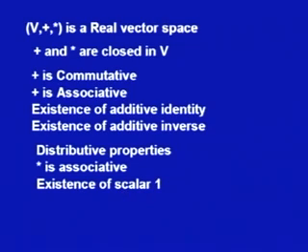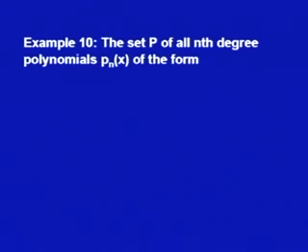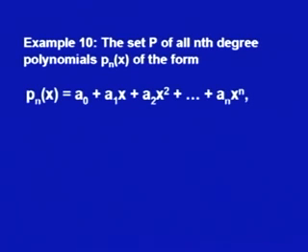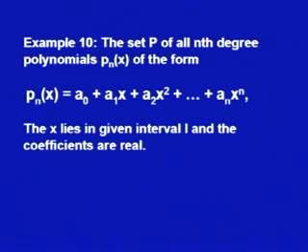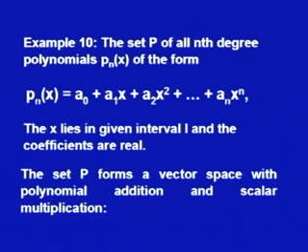We have discussed a number of examples in my earlier lecture. I will continue with a few more examples to fix up the ideas. The example I take now is from the set of nth degree polynomials p_n(x) of the form p_n(x) = a_0 + a_1 x + a_2 x^2 + ... + a_n x^n, where x lies in a given interval I and all the coefficients a_0, a_1, a_2, ..., a_n are real. Then this set P forms a vector space with polynomial addition and scalar multiplication, which is